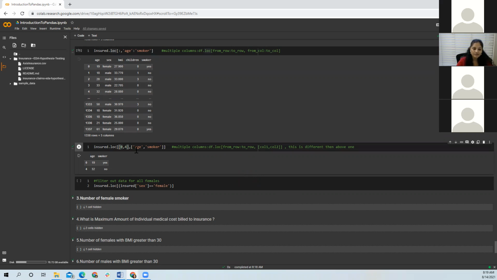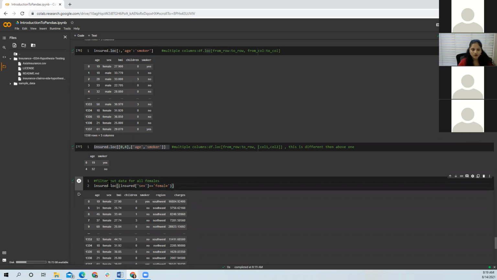I want to see these specific rows or these specific columns. This is when this loc or iloc or slicing will help you. You can also filter out your data using these conditions. You just mention your condition inside this bracket. Here, I am trying to filter out data for females. I want all the observations which have sex equals to female. So I'm using something called df.loc, then bracket, and you mention your condition.